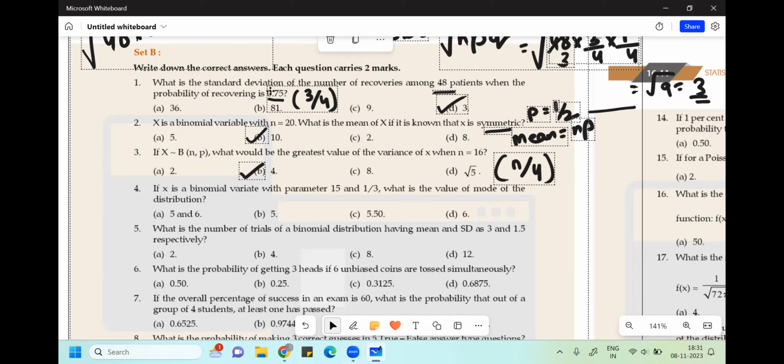Okay, so question number 4, I told you what is the mode formula: (n plus 1) into p. Okay, the mode formula is (n plus 1) into p. The condition is that it should be an integer. So here,